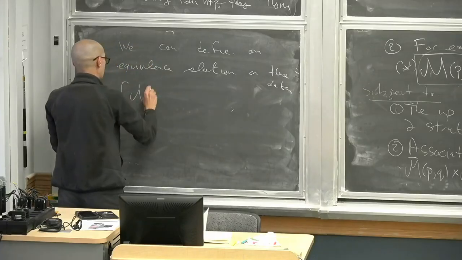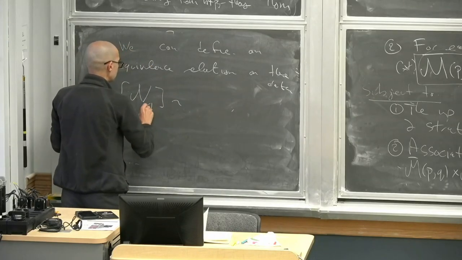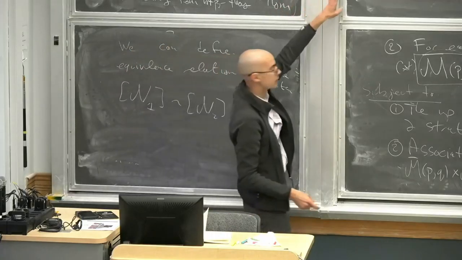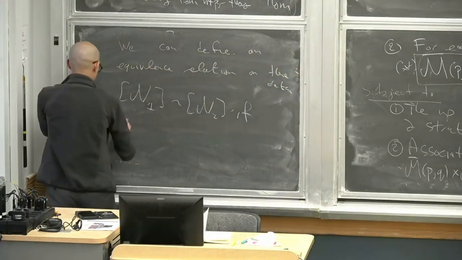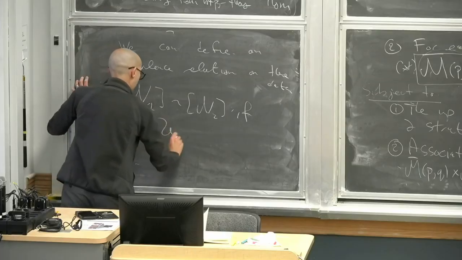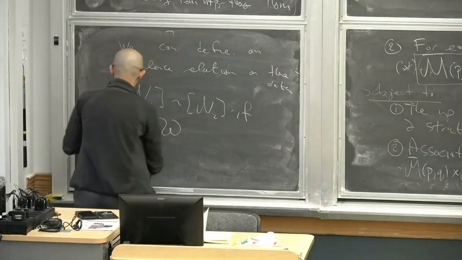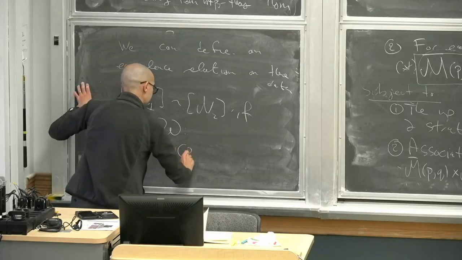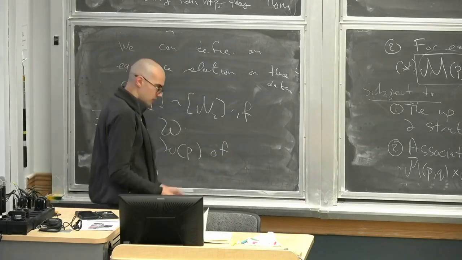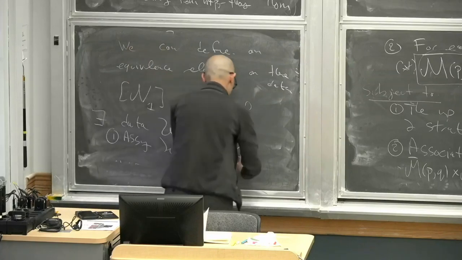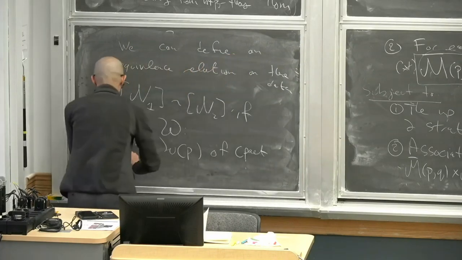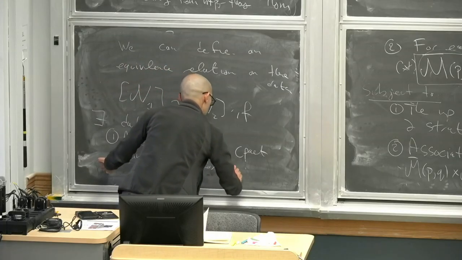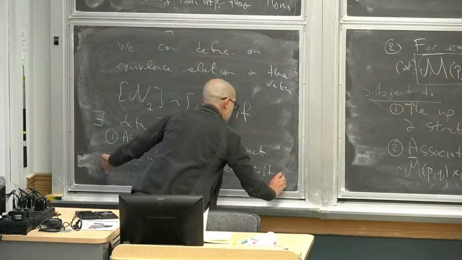And you say that N0, maybe N1, is equivalent to N2 if, what? Exactly like in the Bordism case. If there exists the data of some W, and what does W consist of? One, an assignment W of P, a compact manifold with corners, for each critical point. And then two,